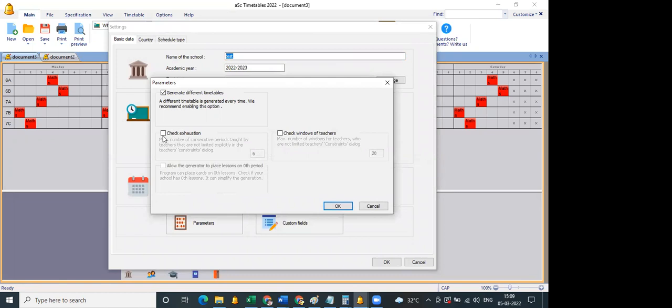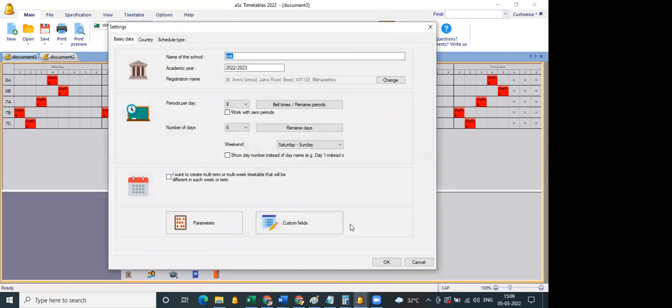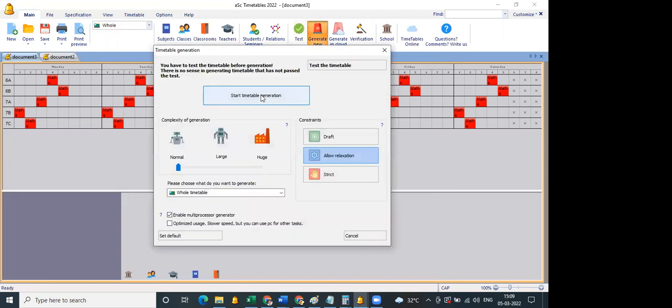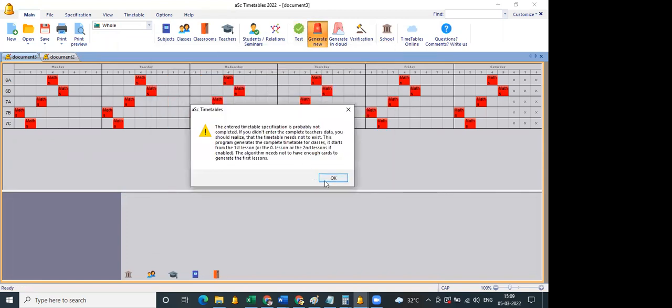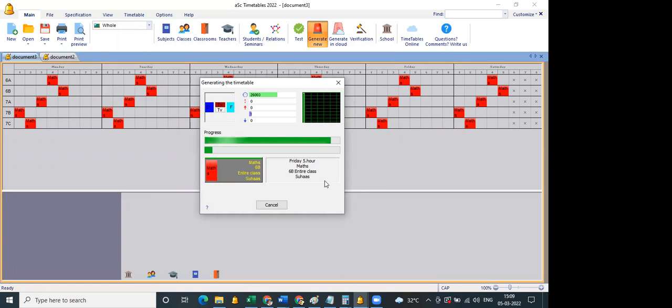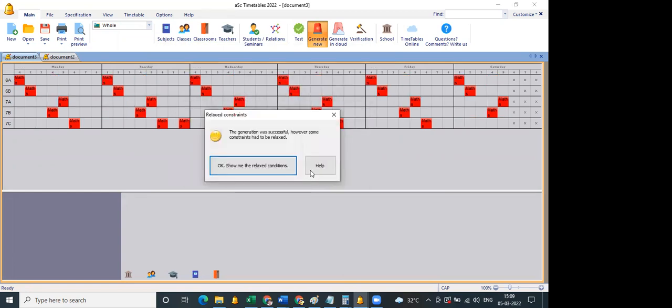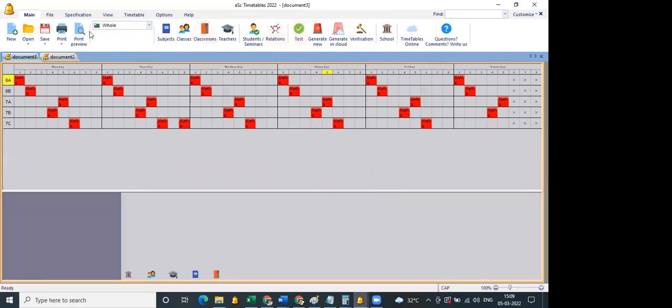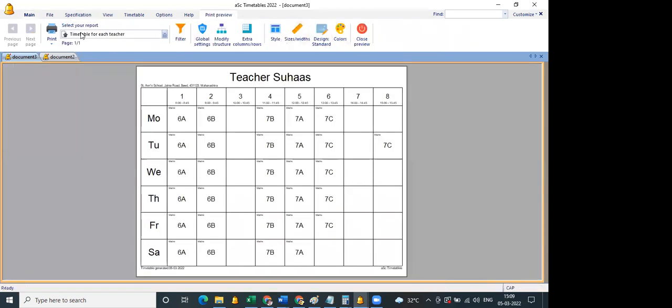We have something called check exhaustion. So no teacher can teach more than 3 periods. So after 3 periods, they'll have a break. That's also okay. After 2 or 3 periods. Yes. But we should also keep in mind the other teachers. Okay, I have a lax condition. Okay. So under print preview,